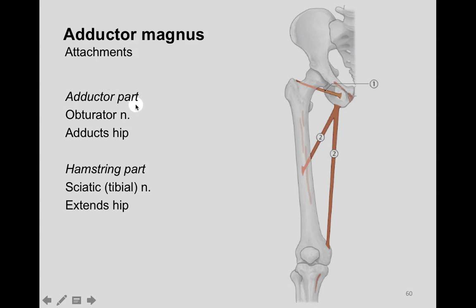Function of this part of the muscle is adduction of the hip. The hamstring portion, as we'll see in a moment, has innervation common to that of the other hamstrings or posterior compartment muscles, innervation through the sciatic nerve, specifically the tibial division. This muscle will function to extend the hip, which again is a common feature of the posterior muscles of the